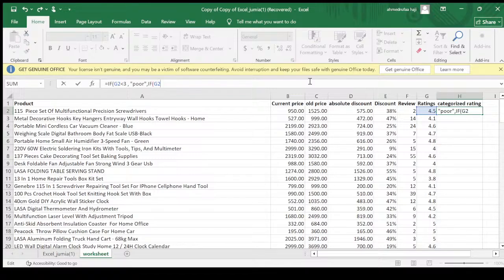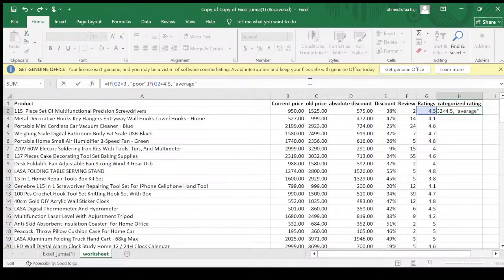I think it is 4.5. Okay, I'm sorry for that. If G2 is less than 4.5, then we're going to call it average,